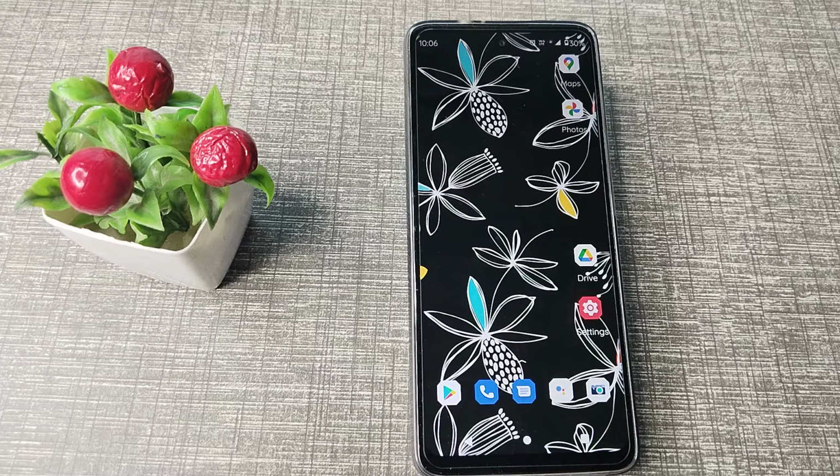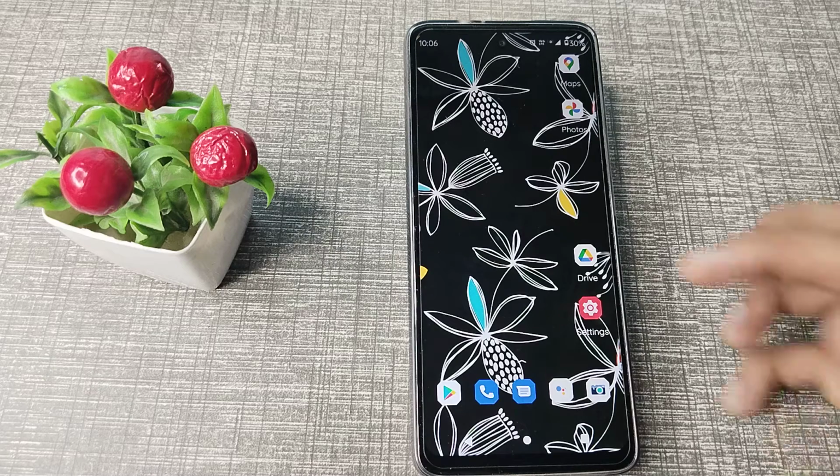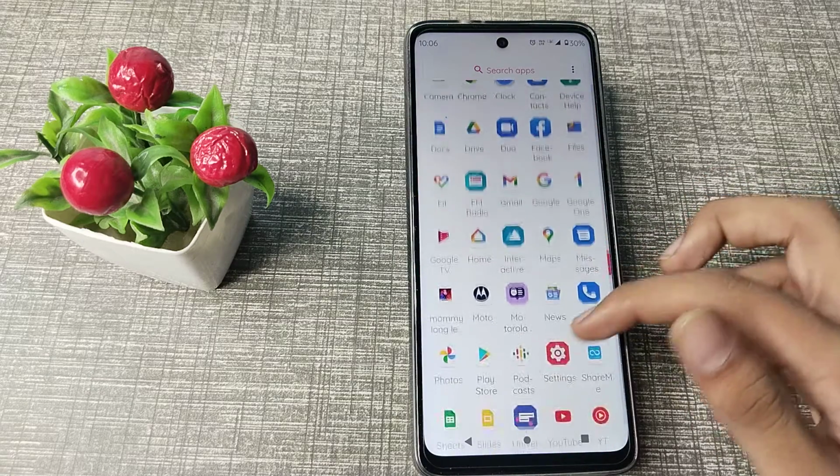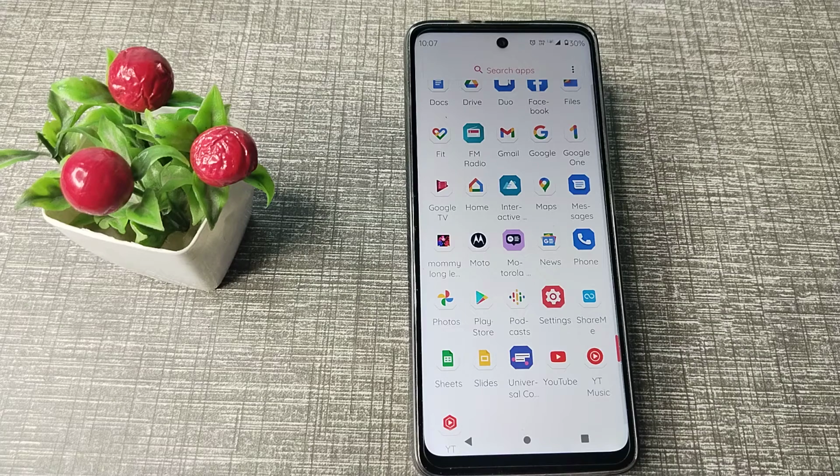Today's video title is how to turn on auto rotate screen and how to use auto rotate screen in your Motorola phone. In this video, I am going to show you. So without wasting time, open your phone settings to turn on your auto rotate,